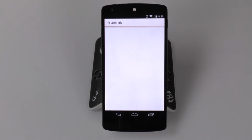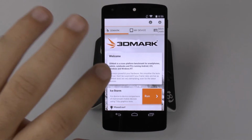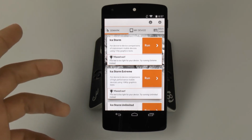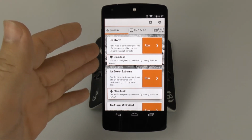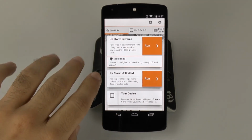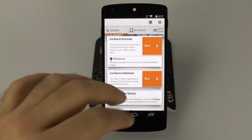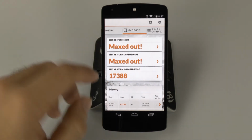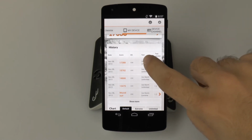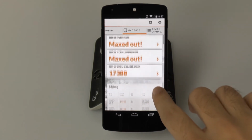Now, when we go to the 3D benchmark test, this is another interesting turn of events. This is mainly for graphical interface, and automatically it tells us that for the first two, our device is maxed out. So it does very well on the first 720p graphics test and 1080p graphics test, which are the most important. However, comparing just chip by chip basis of the CPU and GPU is where we're going to find differences compared to other devices. So as you can see, my best, and just to give an idea of how many times I tried this, I tried it a couple of times, first getting low scores and then progressively getting higher scores. It was